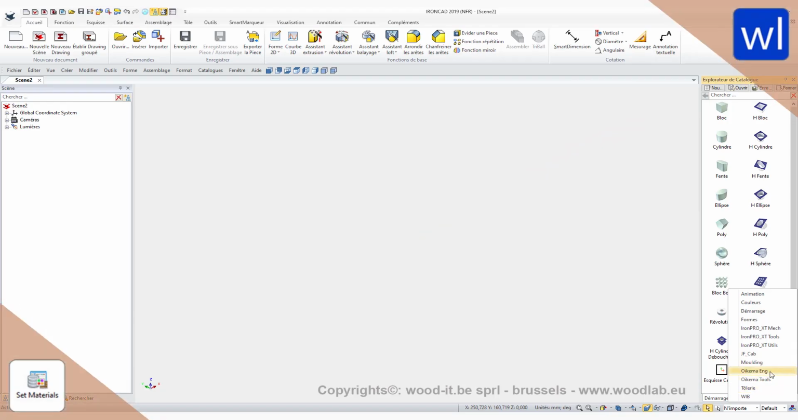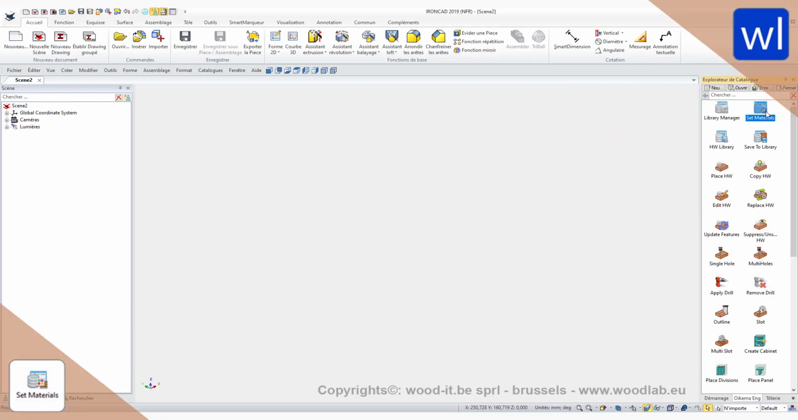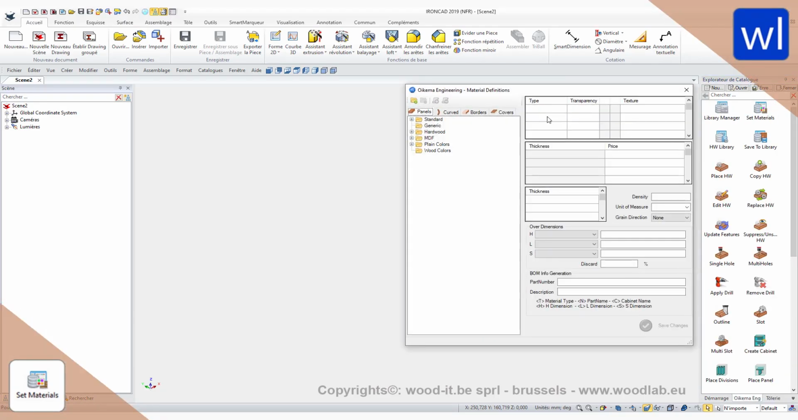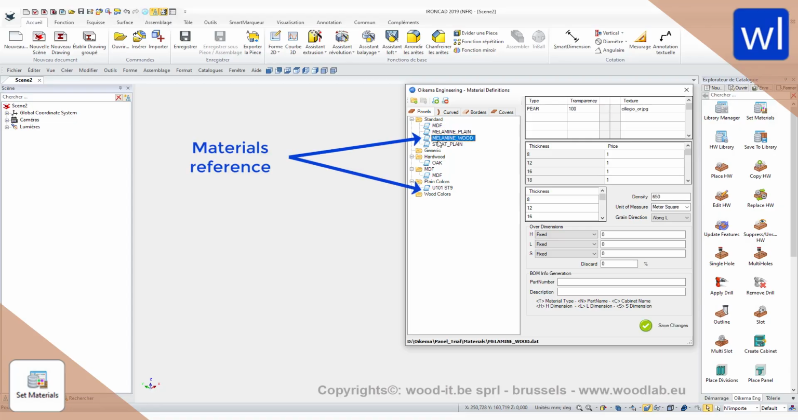To open the panel library, go to the Arkema catalog and drop the item set materials. On the left there is a list of folders and these represent the materials family. Scrolling down these folders you bring up the materials, and for the sake of simplicity, prefer one material per panel